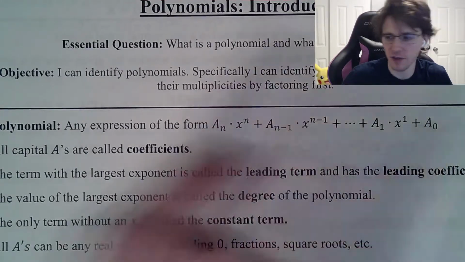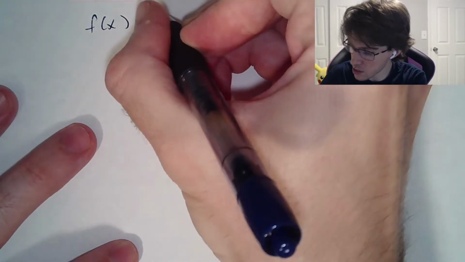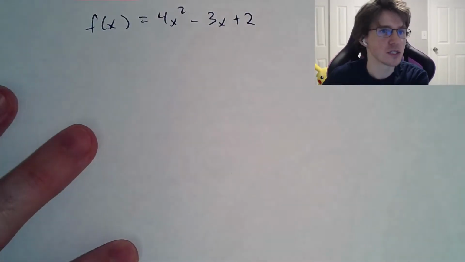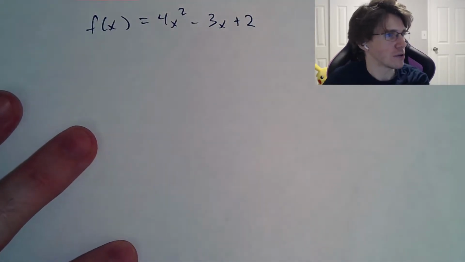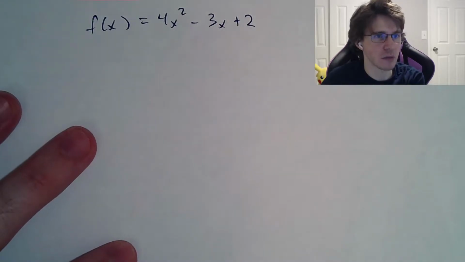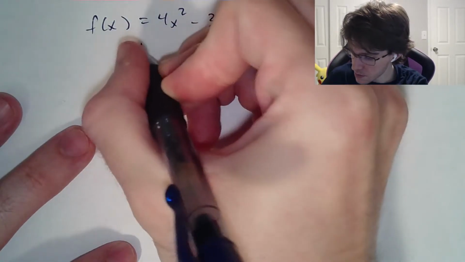Okay, so first of all, a polynomial is the expression a_n times x^n and so on, and it looks like this. This is a fancy way of saying questions of stuff that you've seen before. Ignore the letter A there. Stuff that is looking like this. Maybe f of x is going to be 4x squared minus 3x plus 2. I'm sure you saw a question like this in your Algebra 1 and Algebra 2 years, where we called this one a quadratic equation or a parabola. Instead, now we are going to be calling this a polynomial